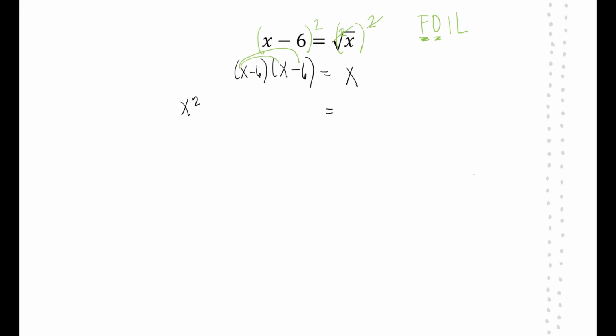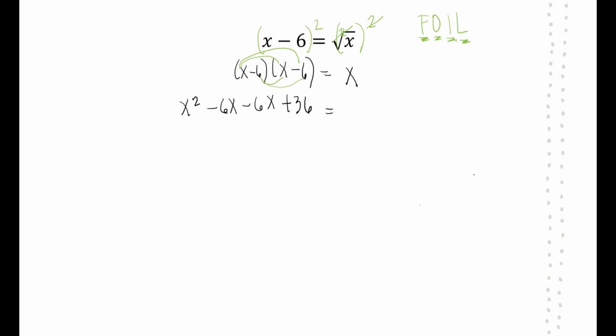X times negative 6 is negative 6x. Next, inner terms. The inner terms are negative 6 and x, which when multiplied will give us a product of negative 6x. And the last terms, which are negative 6 and negative 6, which when multiplied is equal to positive